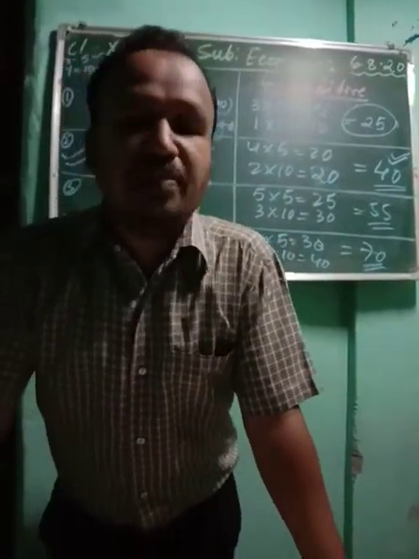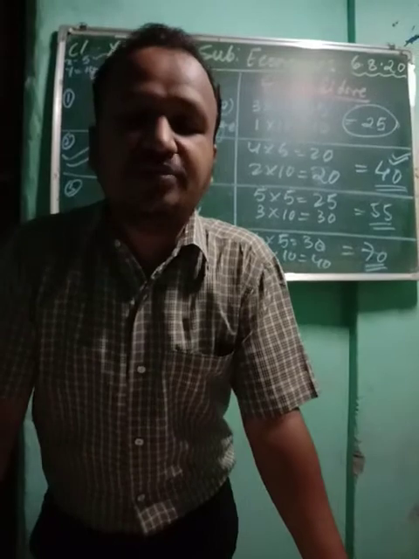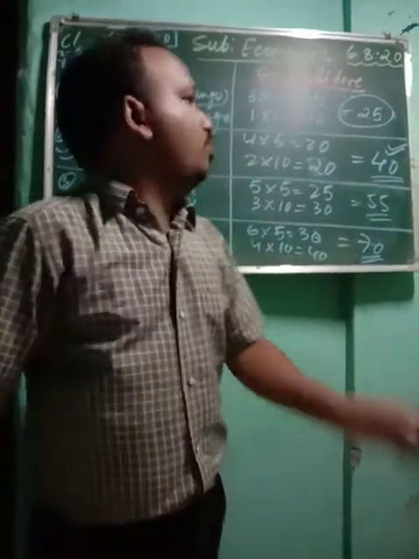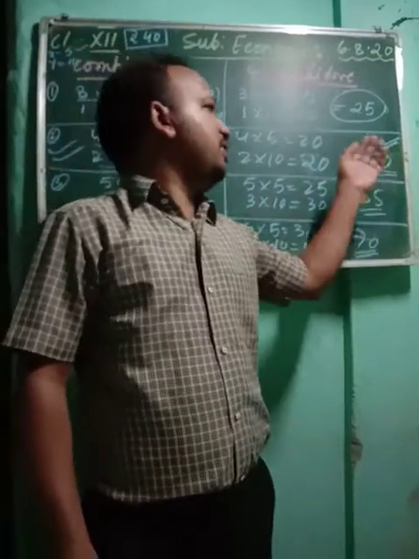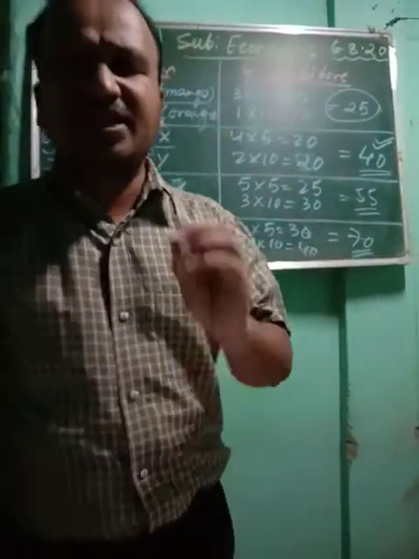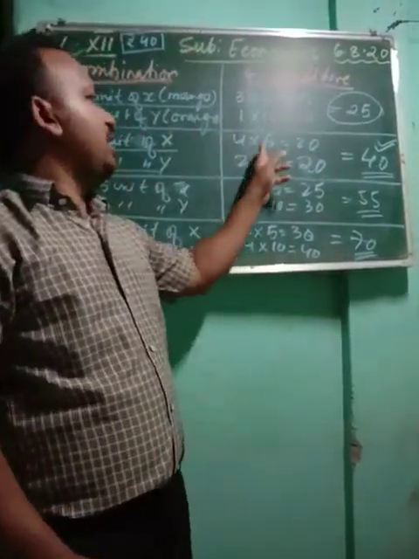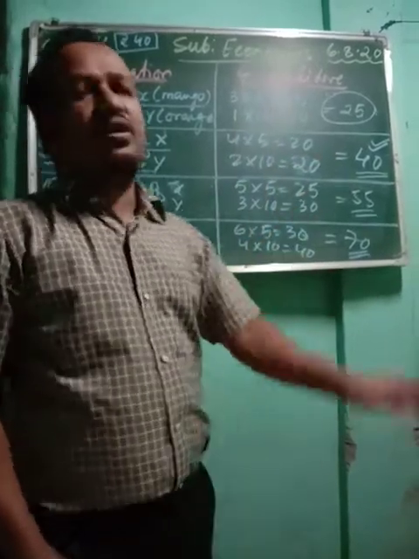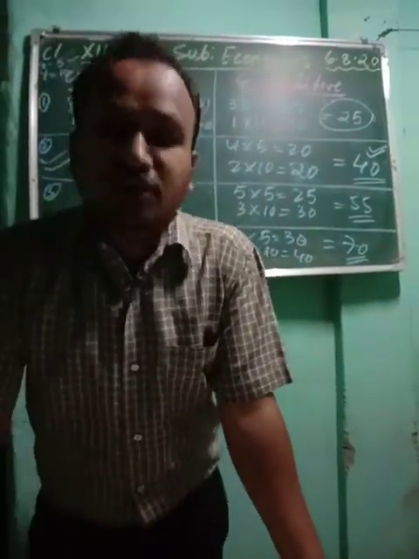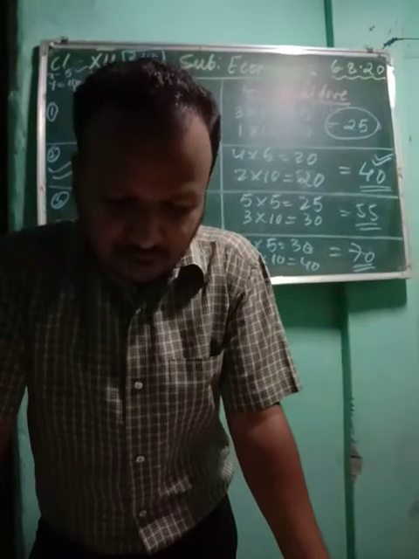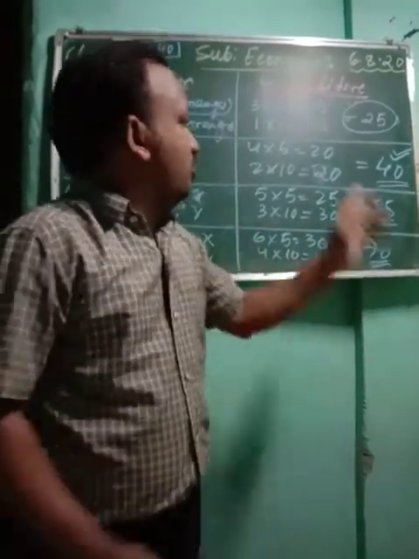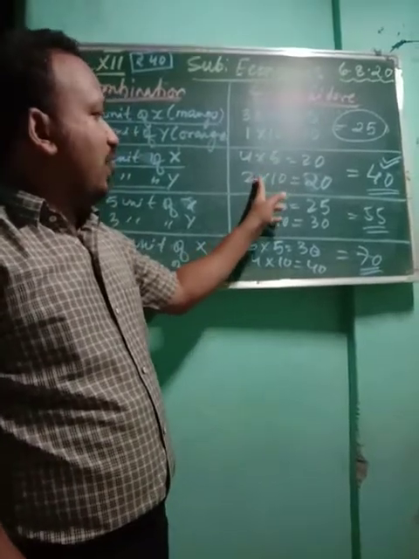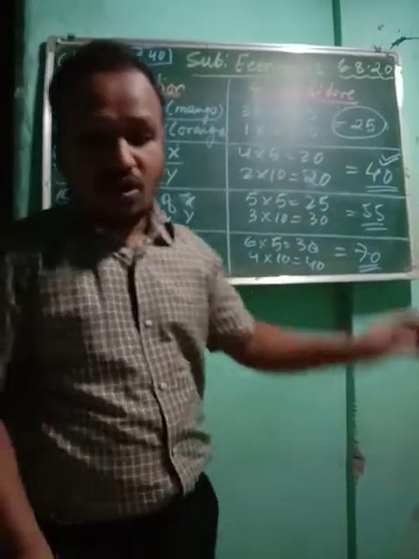Okay, so here the marginal utility of X divided by price of X is equal to marginal utility of Y divided by price of Y. That means whatever he is spending, given his income and according to the price, he will attain equilibrium. That means a consumer will attain equilibrium. So consumer equilibrium will take place when marginal utility of X divided by price of X equals marginal utility of Y divided by price of Y.